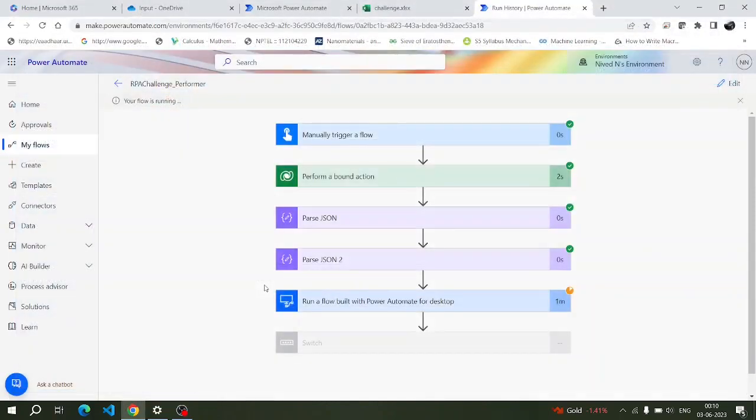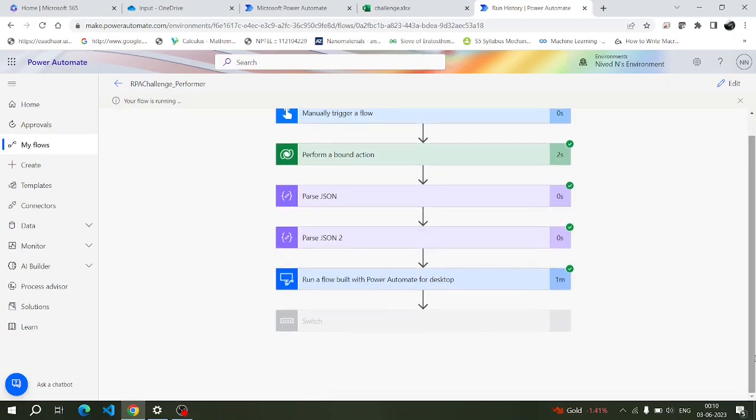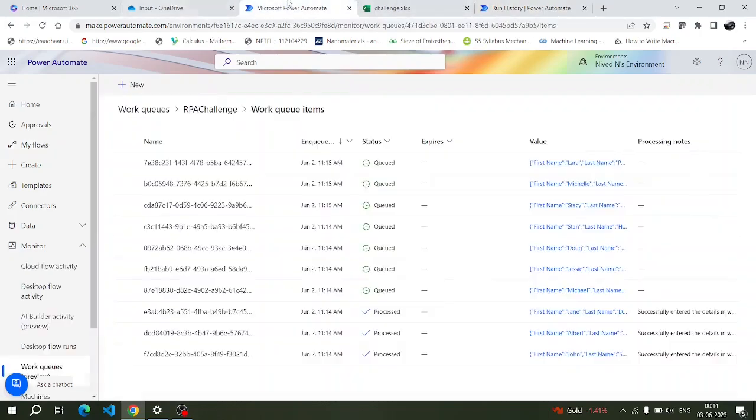You can see. So yeah, it has executed successfully. Now it will go to the switch to update that particular queue item status. Now if you go here and update it,